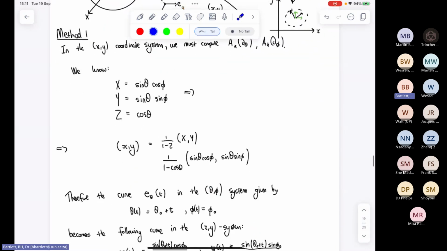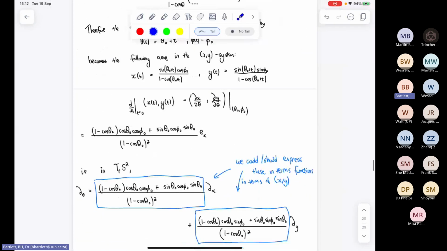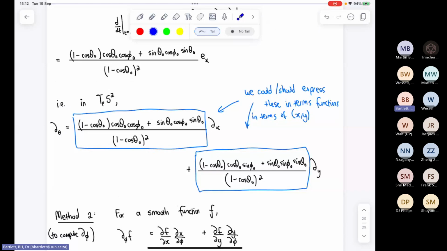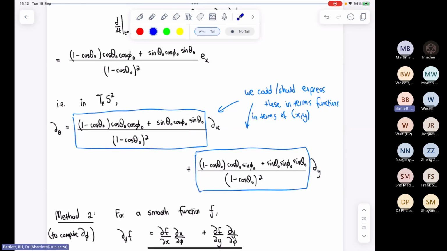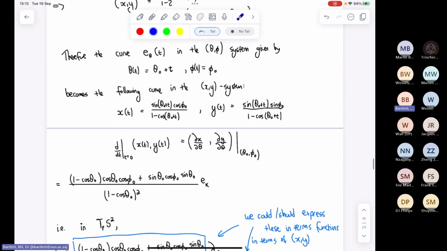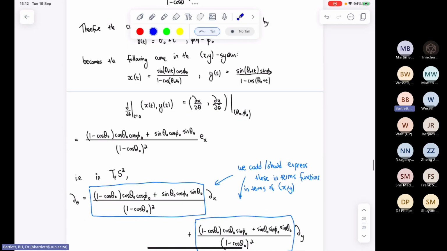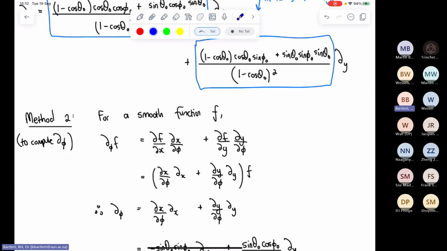Okay. So then I'm not going to go through this calculation, but you can just go ahead and calculate it. It's important for you to work through this. And then here's my calculation. I calculated that del theta is equal to this number times del x plus this number times del y. Okay, now I'm just doing multivariable calculus here, right? And I actually do this calculation in two ways. The first way is sort of by first principles, thinking in terms of equivalence classes of curves. But in the second way of doing it, which I do want to demonstrate for you, I reason as follows,